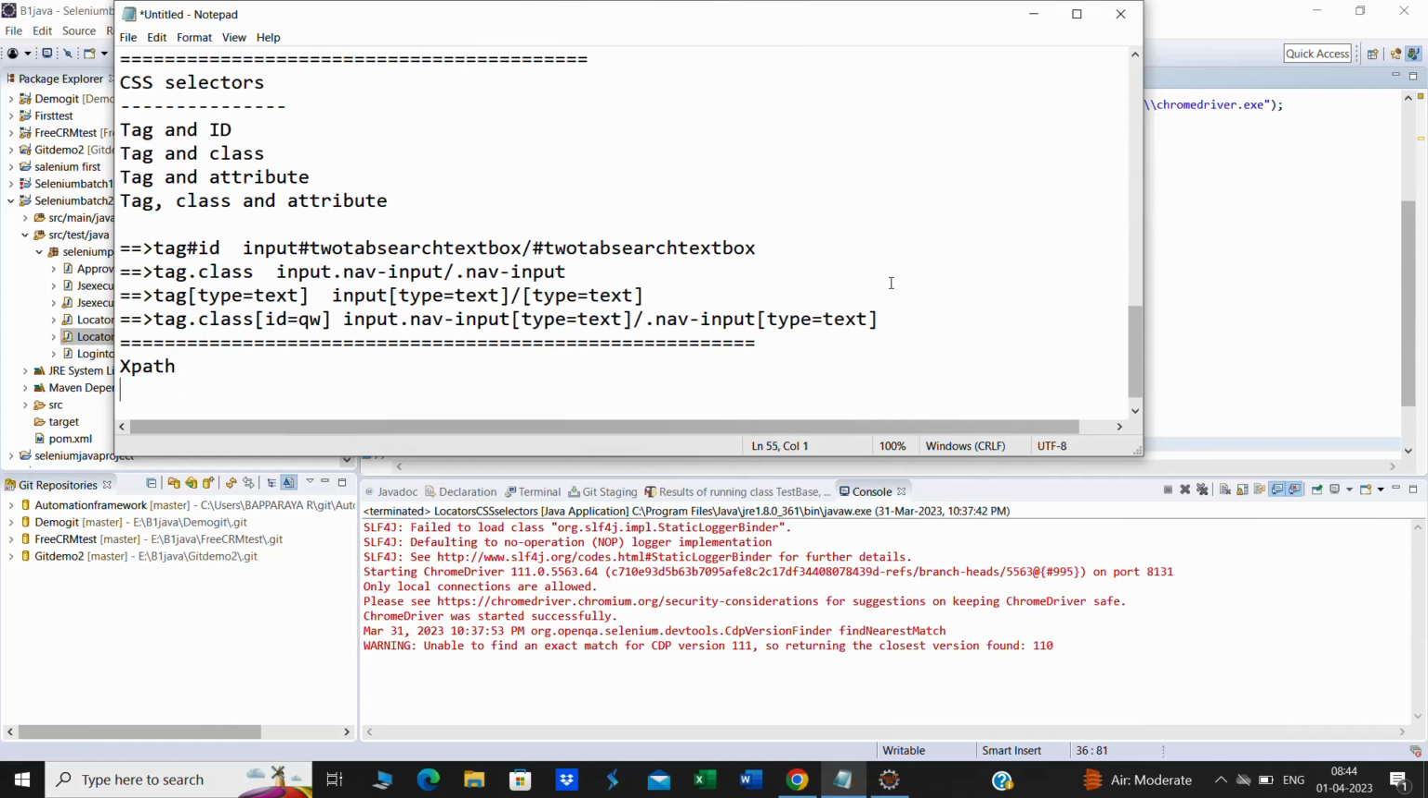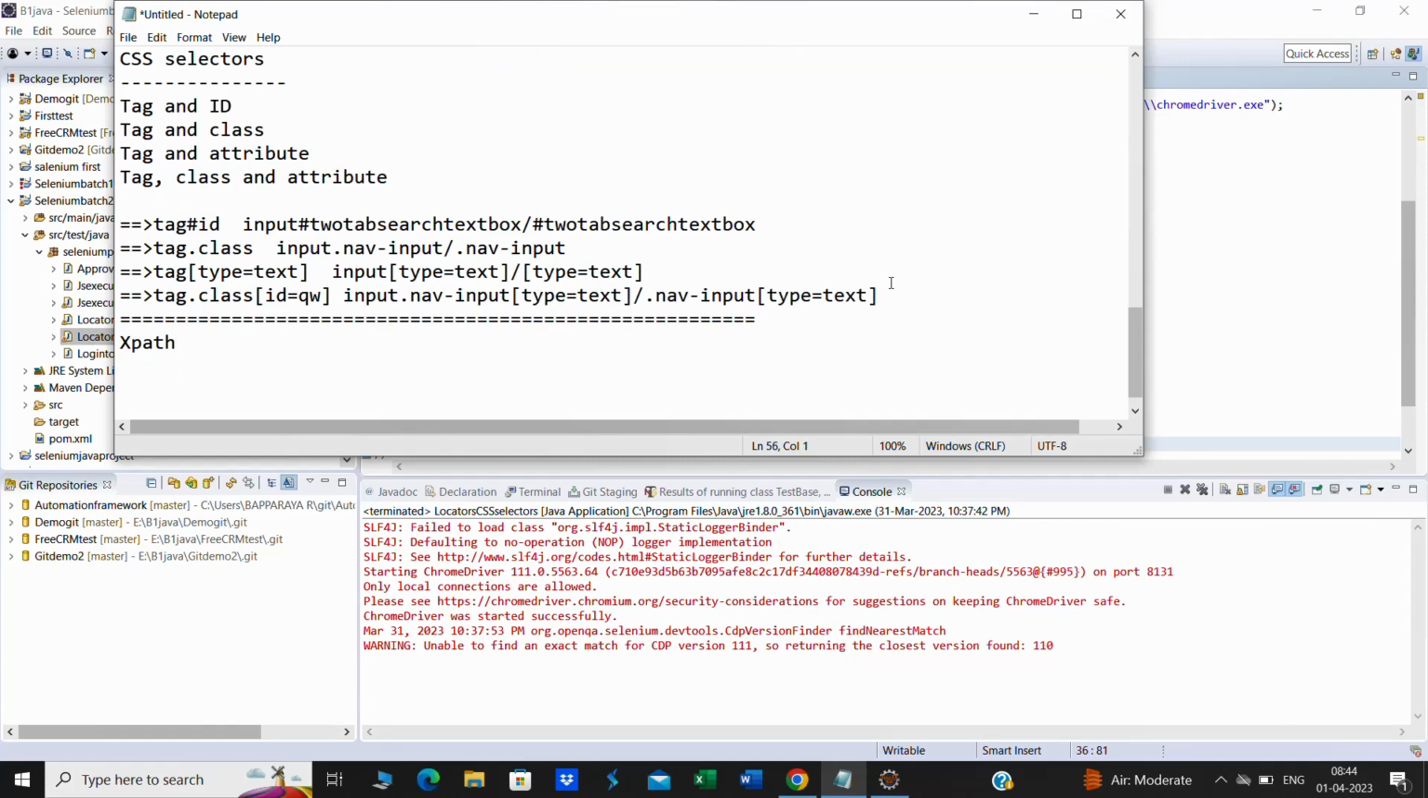Okay, so basically what is XPath? Let's try to understand what is XPath. XPath is a kind of language or a syntax which is used to find the web elements on the web page by using an XML path expression. Okay,